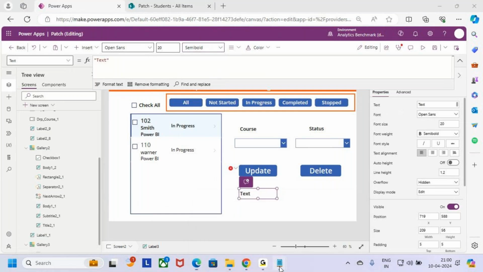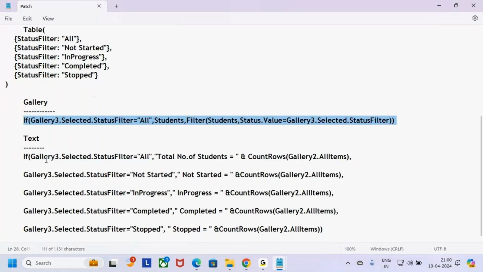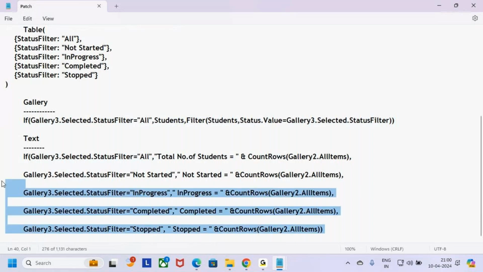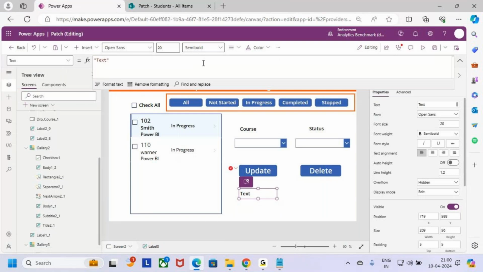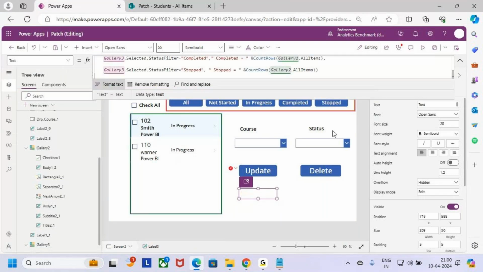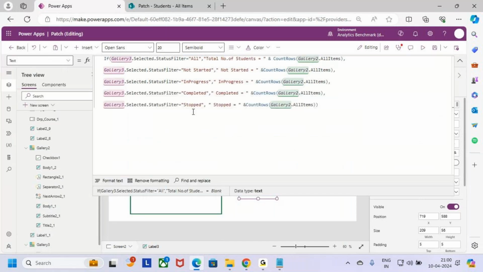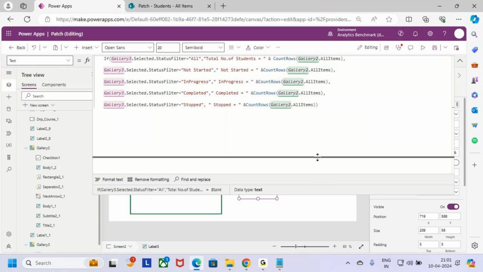Now here I want to keep some code here, guys. So let me copy this code. Nothing is there here also. Just copy this and then go to the text property. Just remove it and then keep it here. Now try to understand, guys. What I'm doing here is, I'm writing one simple logic. What that logic is, if